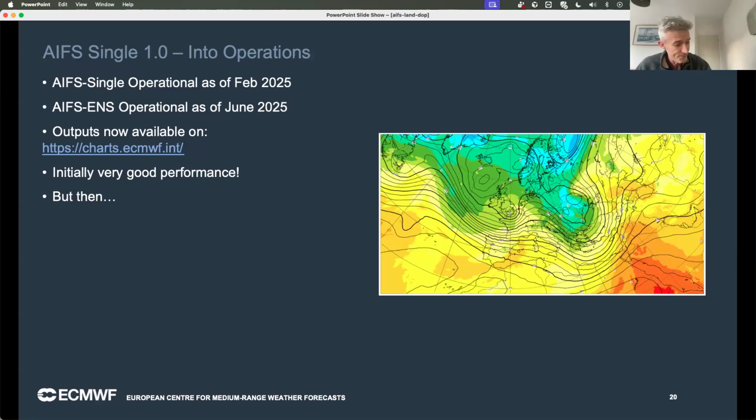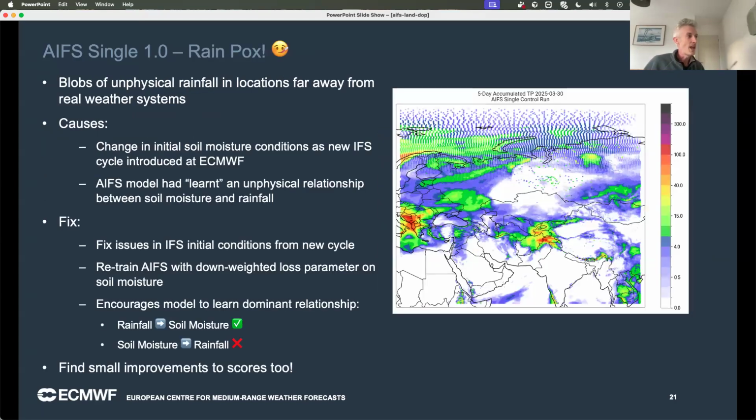But just again, for a bit of balance, this is the first time we'd ever put one of these things into operations, right? So it's naturally the case that we don't know what we're doing. So when we first put this in operation, everything looks good. Oh, the scores are still good. Everything's going along well. And then what happened was we had what the forecasters started to refer to as